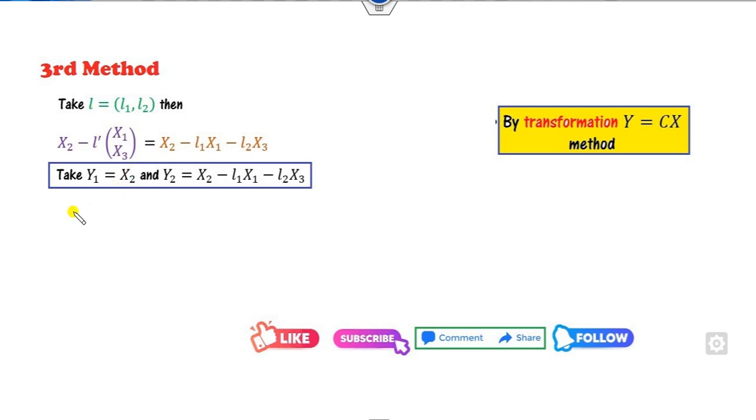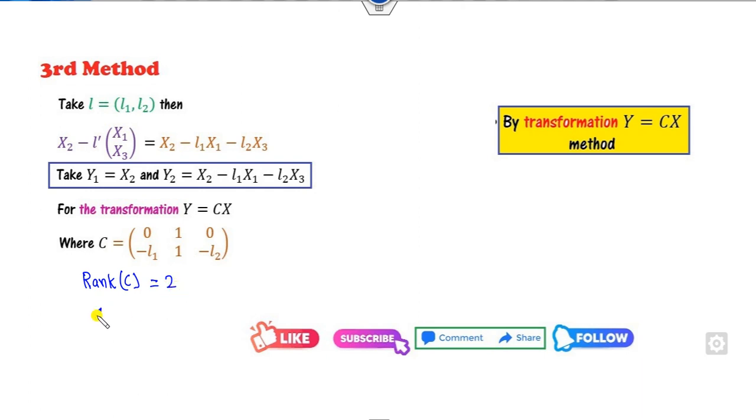I can write this is my y. I can write this into the matrix form. So x1, x2, x3, x1, x2, x3. Now this is my C. What is the rank of this matrix C? So clearly, the rank of this matrix C is my 2. Therefore, this value of y will be my multivariate normal distribution with the parameter 2 and C mu